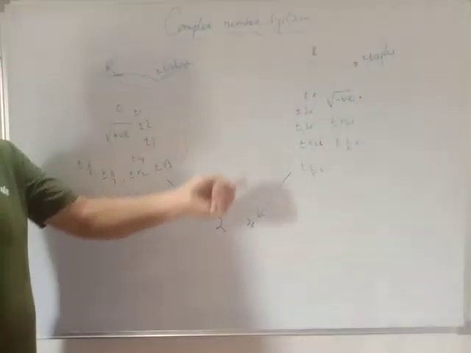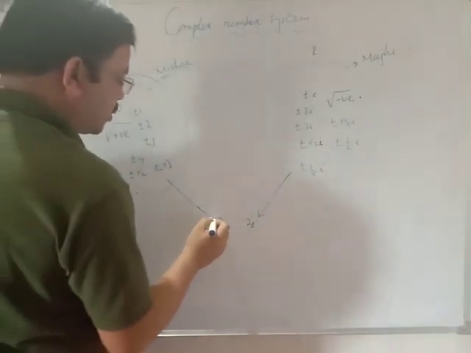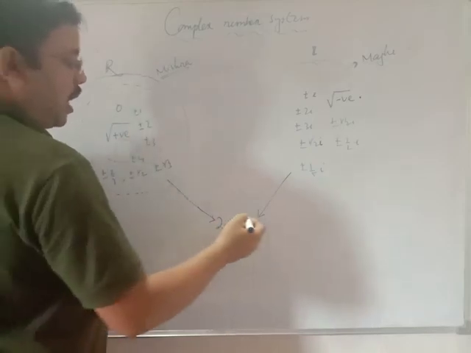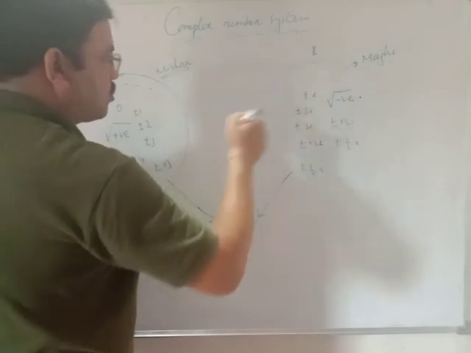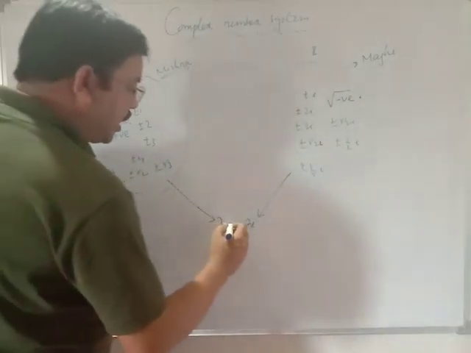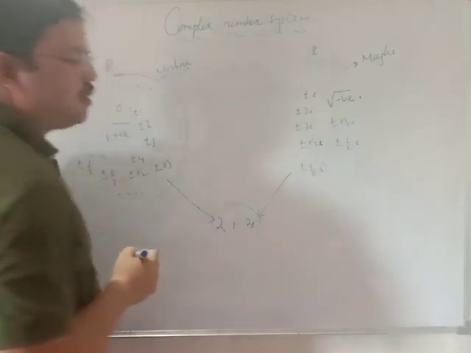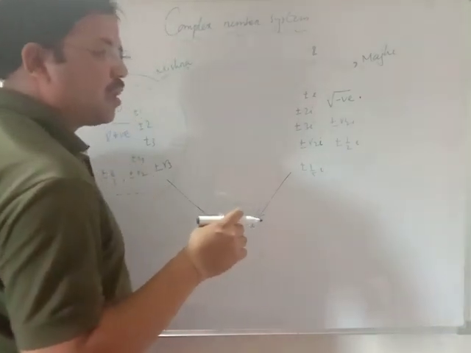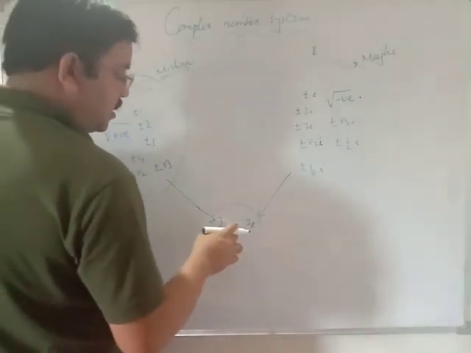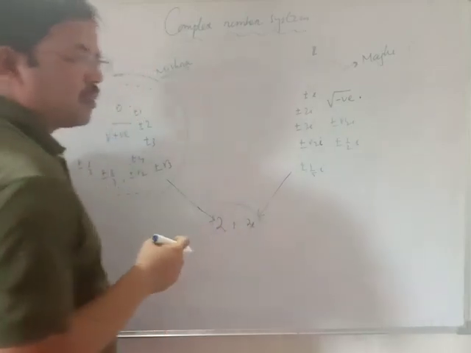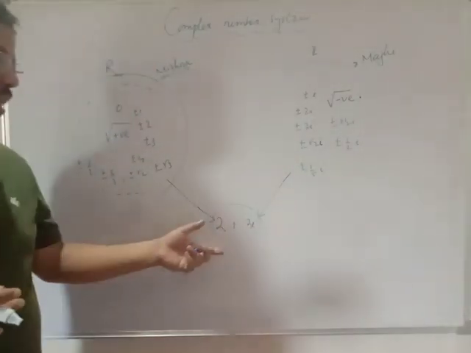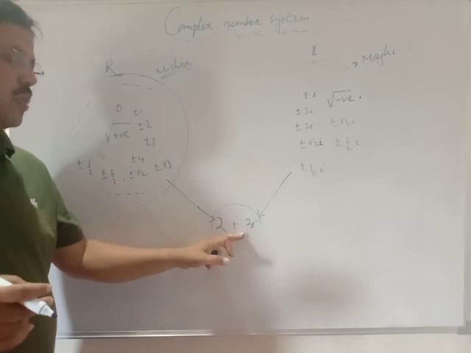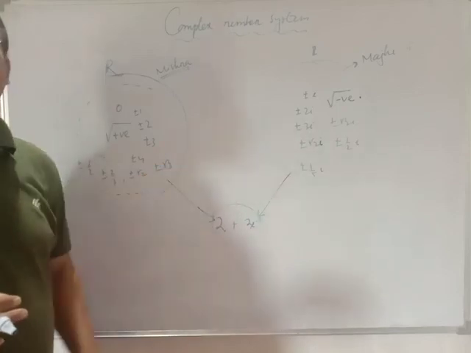2 from here and 3i from here. Let us assume that this 2 is a young boy from this particular Mishra society, and this 3i is a girl from this Maji society. And if they married each other, then this couple must be called an intercaste couple, because they married each other from two different castes. So we can say this is an intercaste couple. This intercaste couple cannot be accepted by the set of real numbers, and this couple again cannot be accepted by the set of imaginary.